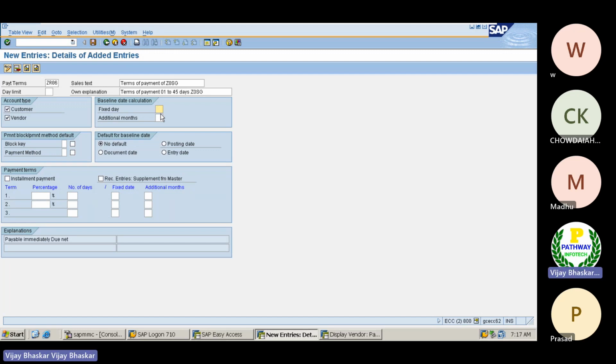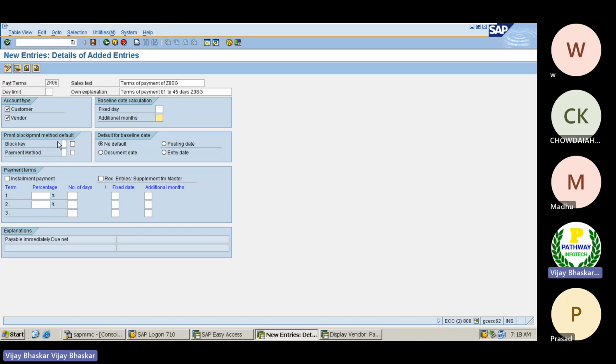Or if there are any additional months, the line item will be immediate due, and then after that additional months may be required for that line item. If that is the case, you can select the options here.